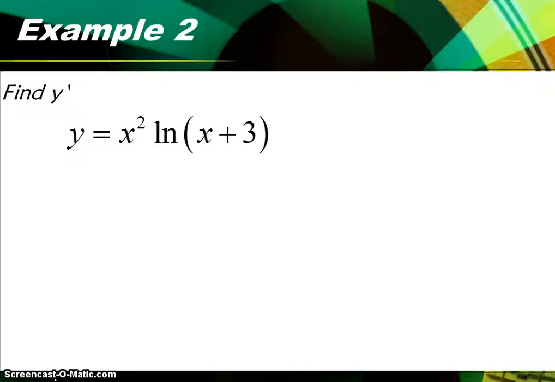Alright, so same plan. However, because we're doing derivatives, we have to remember all of our old tricks. Notice the fact that x squared is being multiplied by this natural log. This is actually a product rule situation. Remember, for your product rule, it's going to be u prime v plus uv prime. So my u is x squared. My u prime,